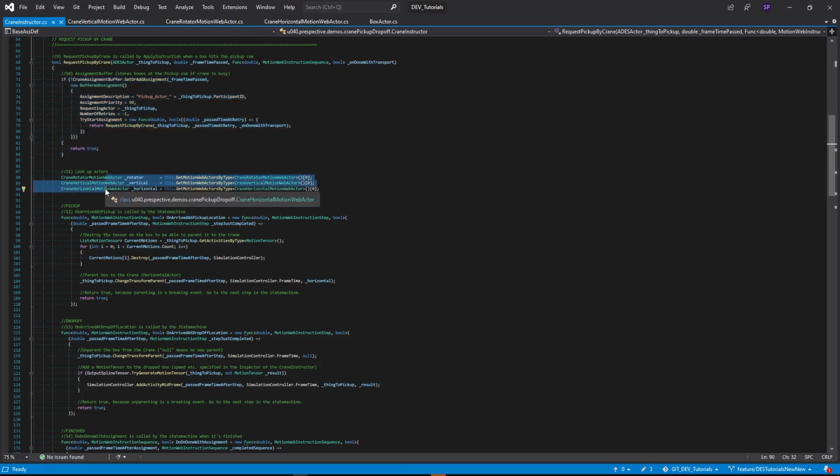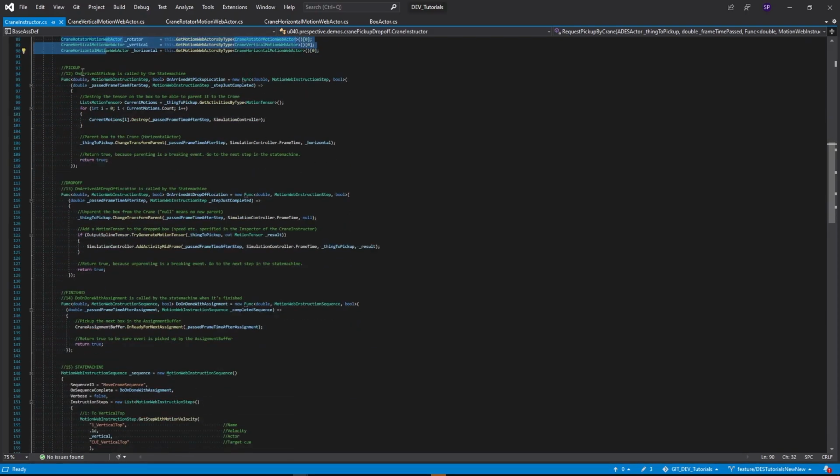Then we define the three actors in our scene, the rotator, vertical and horizontal actors of the crane. This will be used in the state machine later on. Then I define three functions. This is the on arrived at pickup location, which will be called when the crane actually comes to the pickup position. Then it will destroy the motion tensor on the box to be able to parent it to the crane,